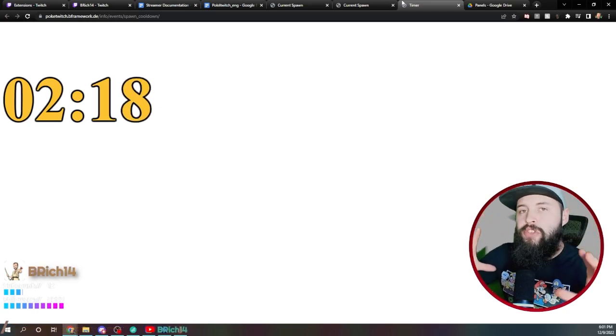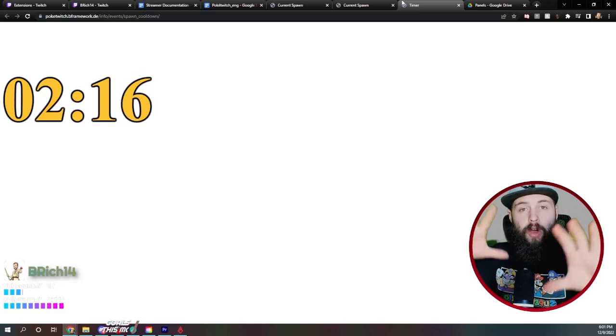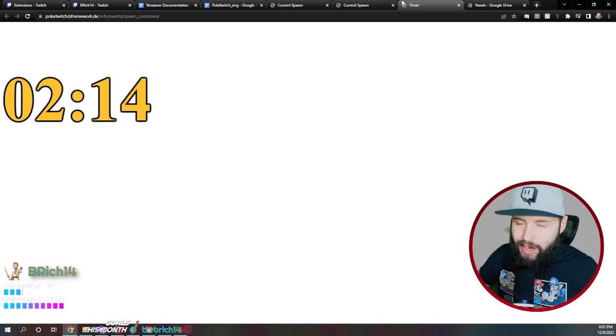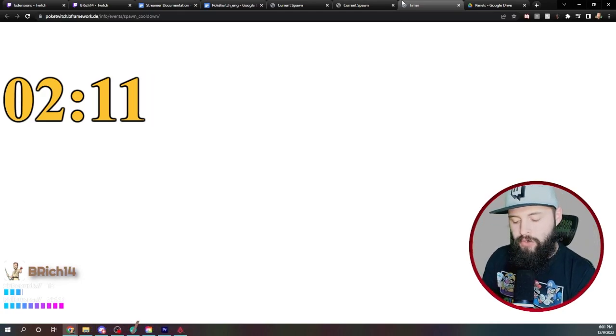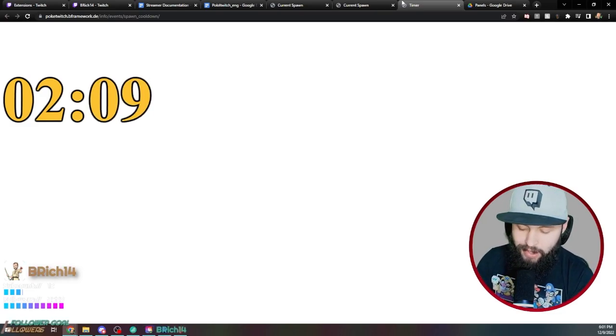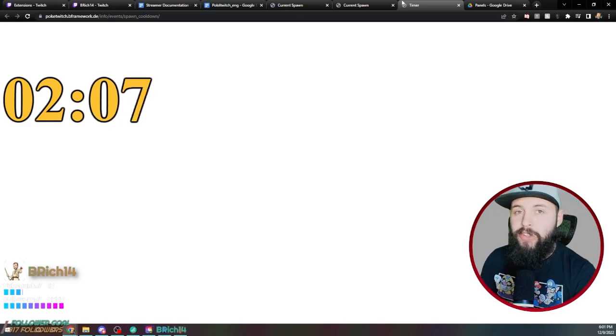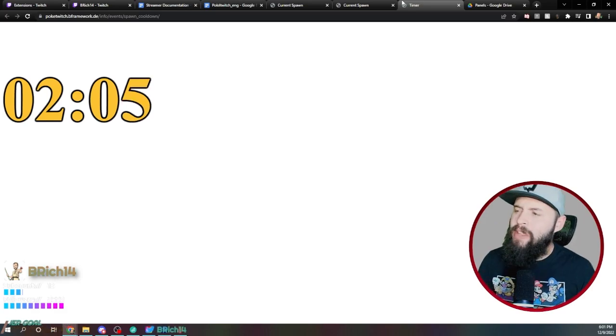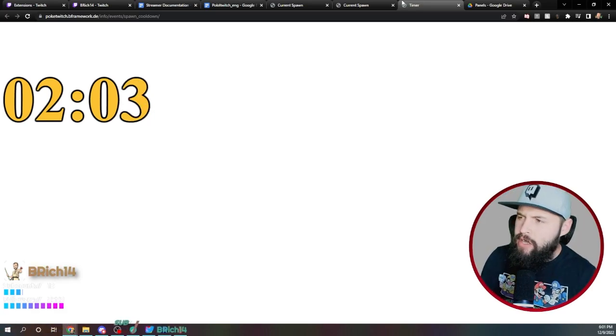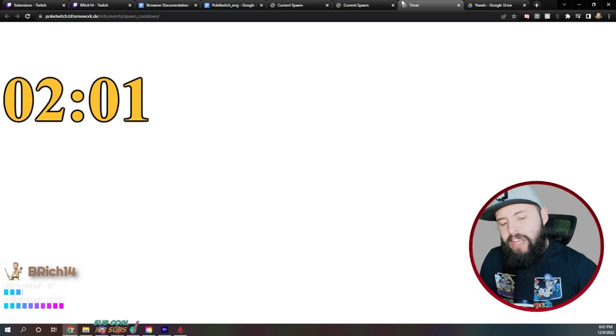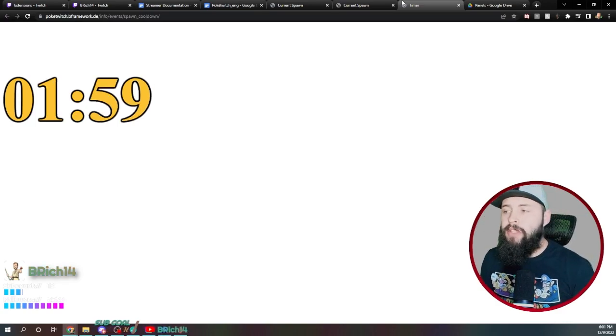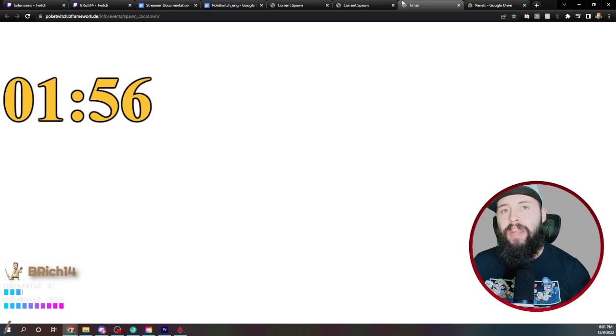Every 15 minutes, a new Pokemon will spawn, and this is the timer that you can add as a browser source to your OBS overlay. If you use Streamlabs OBS, it's also still a browser source. If you use Twitch Studio, still a browser source. And it'll display it up on the screen, and you can edit some of the things using color corrections. If the yellow doesn't work for you, you can drop the saturation out. That's up to you, but the timer will display and count down live at all times.